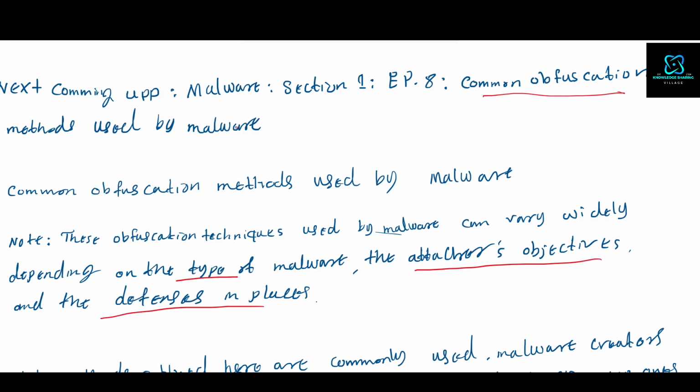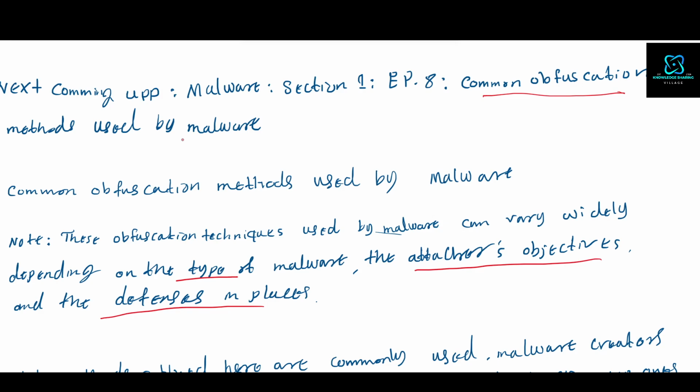I will mention two points here. The first point is that this episode will be longer than previous ones in this section, because here we are going to mention, I think, around 11 common obfuscation methods used by malware, and I may still miss some that I don't know about. If you have any, you can put them in the commenting area, and I will be very thankful, because